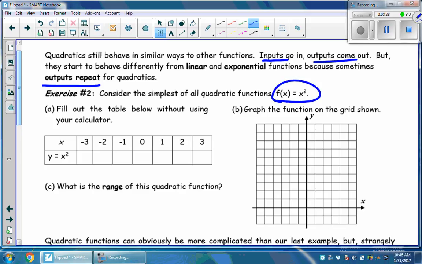We're going to take a look at the inputs, take a look at some outputs, take a look at the graph, describe what it does, talk a little bit about its range. First thing we're going to do is fill in our table. Like with any other function, we're going to take an x value, plug it in, and we're going to get